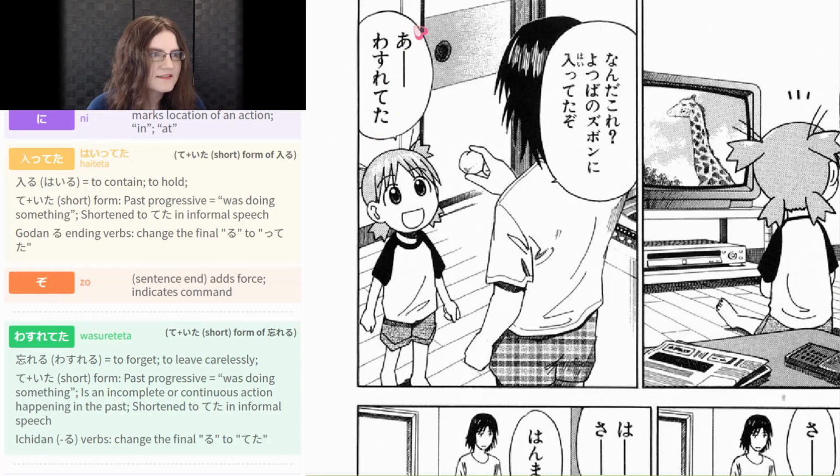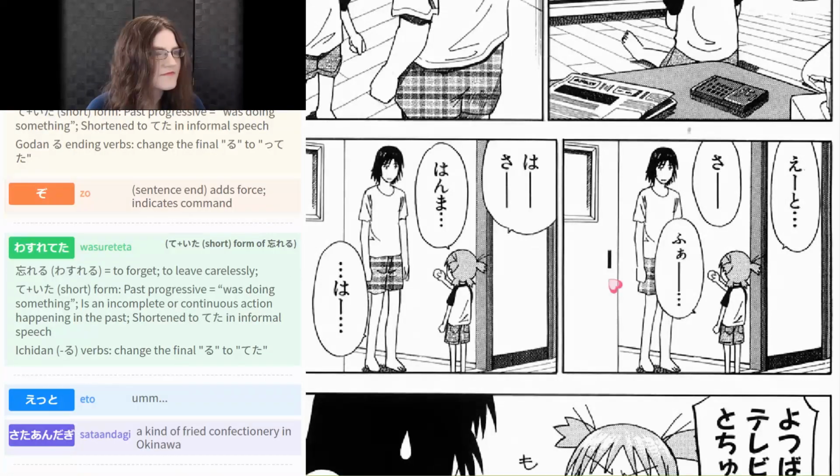Ah! Wasureteta! So, o is just o, and our wasureteta is the same teta we're having here, but you can see it's a tiny bit different because this has a tiny tsu and this doesn't, because wasureru, which means to forget, is an ichidan verb. So to make that ichidan in its te form, that ru just becomes te. No tiny tsu required. And we have that same past ta here. So that would be wasureru to wasureteiru for forgetting. And then wasureteta for was forgetting. She did forget about that little charming bit in her pants. So next she's like,